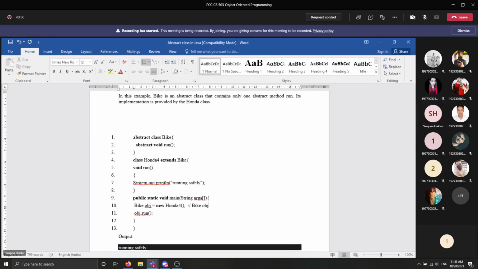It is the difference of that superclass. You are not instantiating this bike class. You are not instantiating this abstract class. You are creating the reference of this class. And in your previous class, I mentioned the difference between the reference of a class and the object of that class. Now, this line doesn't mean that you are creating the object of a bike class. Here you are creating the reference of that bike class, and after that, in the next line,